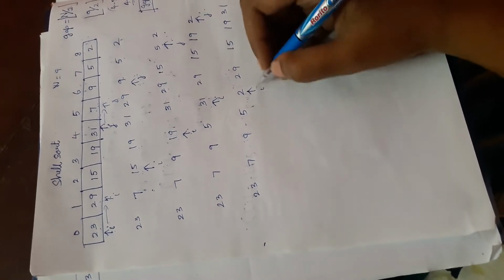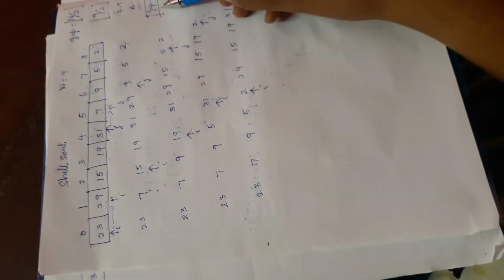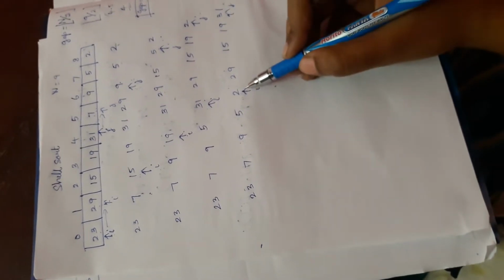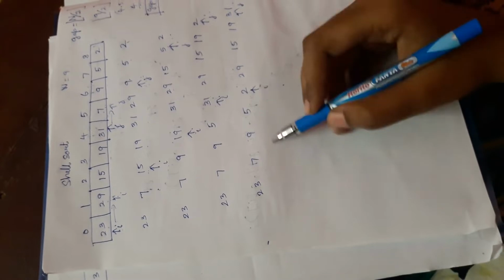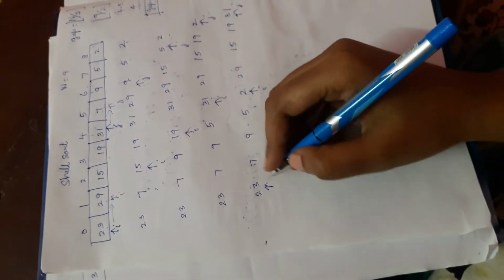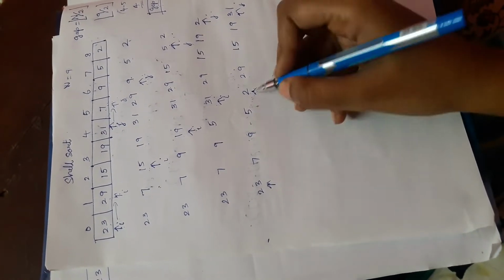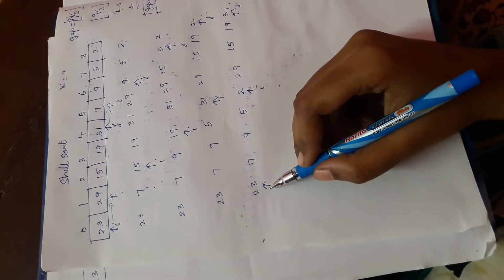So the pointer of i is here at the same position, I am writing j. So at the end of the array it has come. So the gap value was 4, right? The gap value was 4 means 1, 2, 3, 4. So again you see in this reverse order 1, 2, 3, 4. So here also it has come to the end. So I am going to compare this 2 with the value 4 places before. Gap is 4, no? So I am calculating in 4.